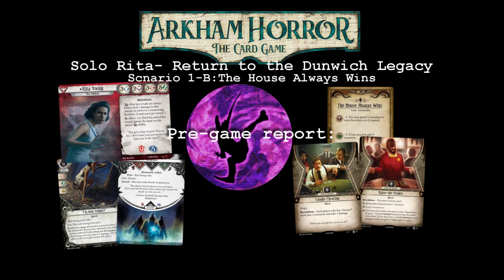I'm your host, Nate, lost in time and space, and before we get into the gameplay, I want to lay down some ground rules because this campaign isn't your typical playthrough. I've chosen to include all the Return to cards when setting up each scenario. Furthermore, I'll be playing through this campaign with 3 of the ultimatums included in the additional rules for the Return